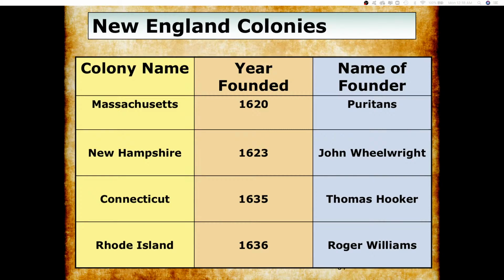Rhode Island, we will explain their foundations as we talk more about Roger Williams and what ends up happening to him. And finally, Massachusetts, we're going to talk about their beginnings and pretty much why they're indicative of the rest of the New England colonies. Why what happens in Massachusetts is pretty much what goes on everywhere else.